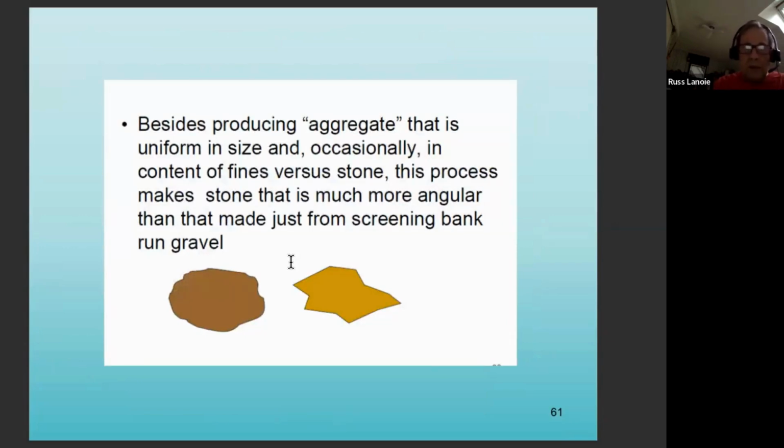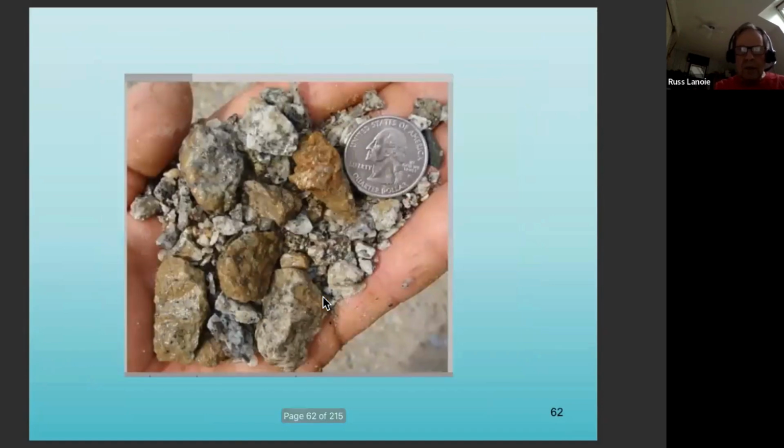The aggregate is uniform in size and occasionally in content of fines, but the big thing here is that the crushed aggregate is sharper than the rounded aggregate that we would get out of just screening bank run material. This helps us to lock together. This is the aggregate with the fines washed out of it, so you can see the angularity of the stone and the size of the stone compared to